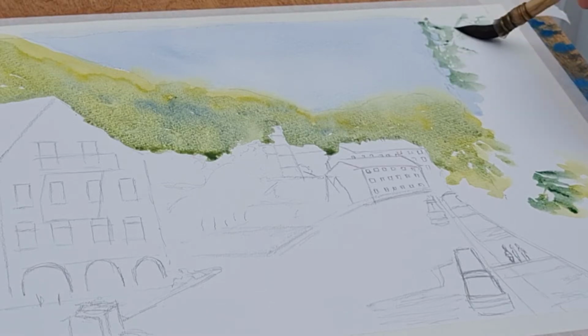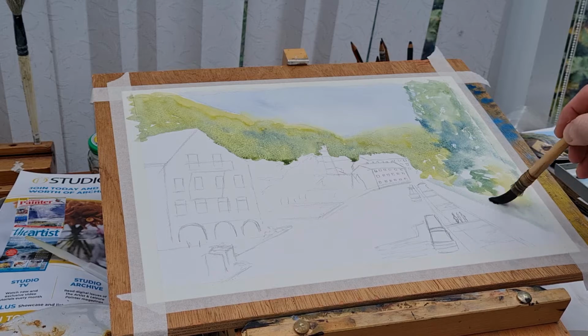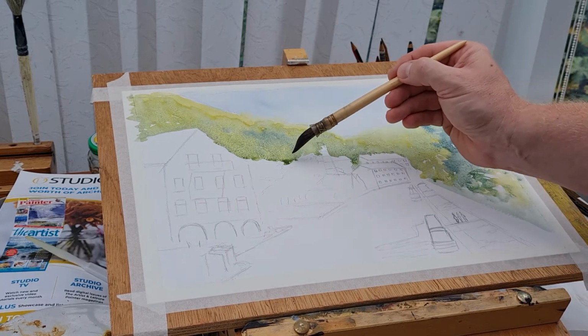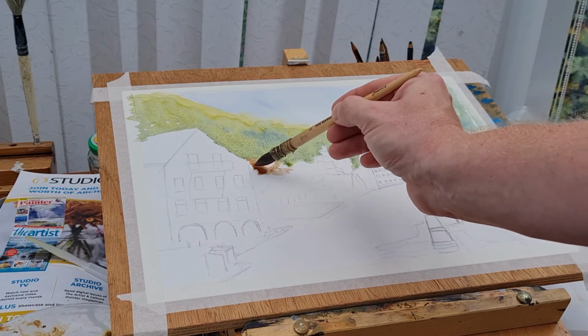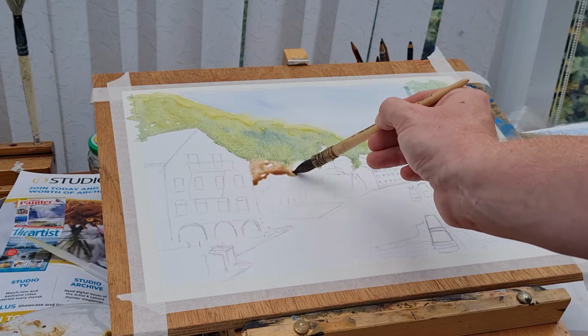There's quite a lot of darker trees on the right. This big tree is causing a lot of shadow, and so I'll be using plenty of that darker mix for those, and generally just going around the paper and adding in these little touches and going around the buildings, around the chimney, just using these greens. And you can see there's a really nice bit of trees in the left hand side,